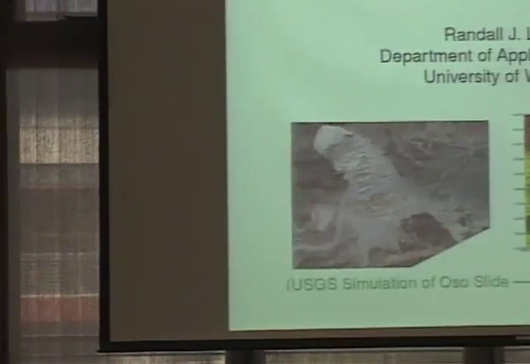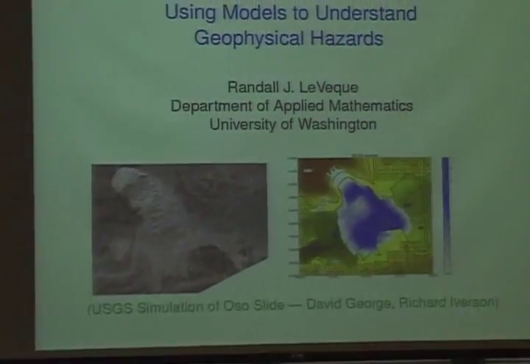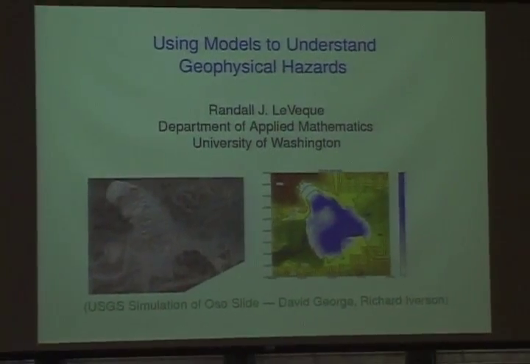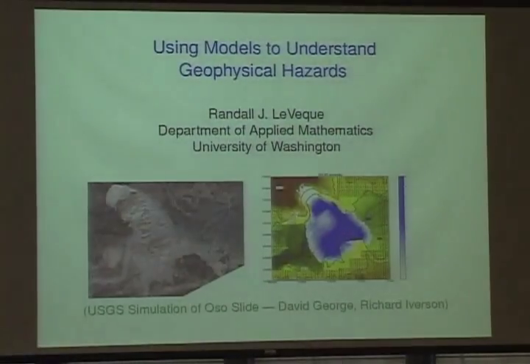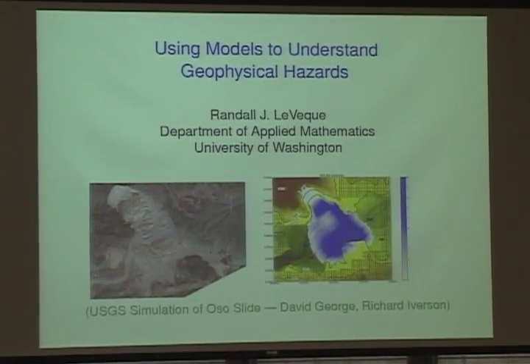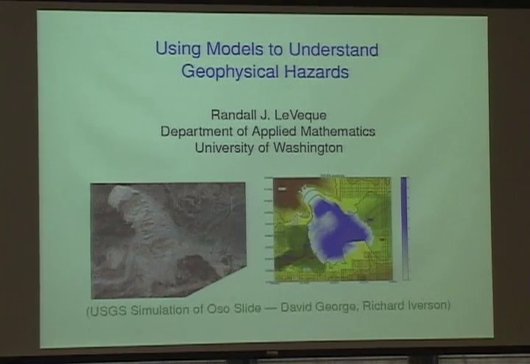So I'd like to talk about a variety of hazard modeling problems and talk a bit more about some of the applications that we've been making of these methods, not get too much into the mathematics or algorithms, but I'll give you a flavor at least of the algorithms that we use for adaptive mesh refinement, which is a very important component of a lot of what we're doing. The picture here on the front is motivated by the recent tragic landslide up in Washington State near Oso, Washington, just a few weeks ago.